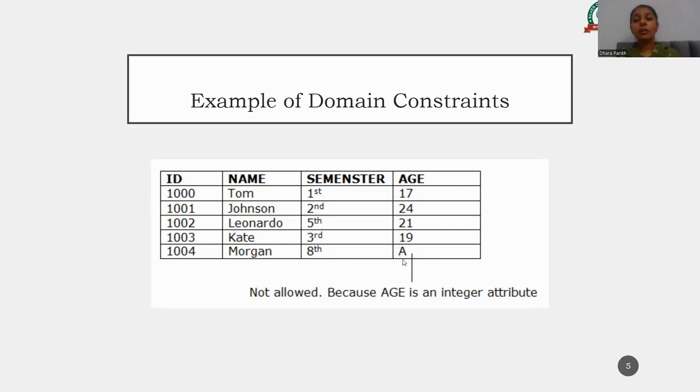We all know that age should be in number format, like the upper four data which have number data types.